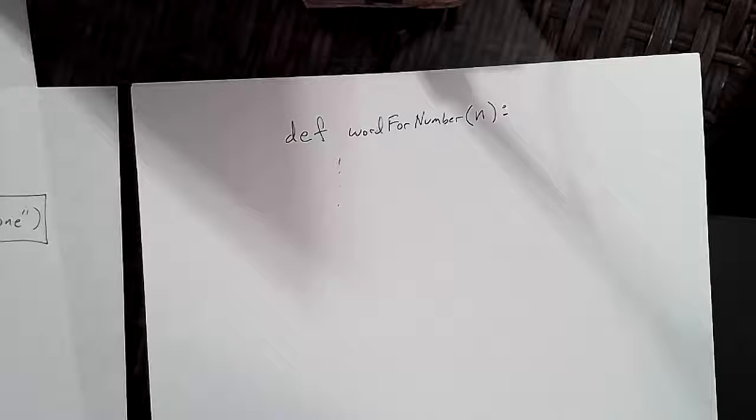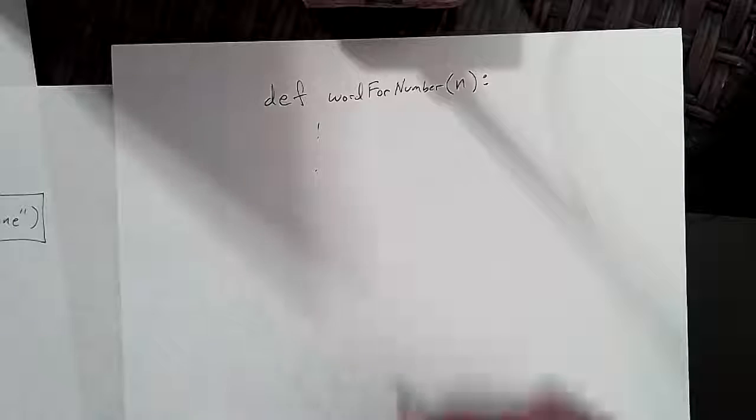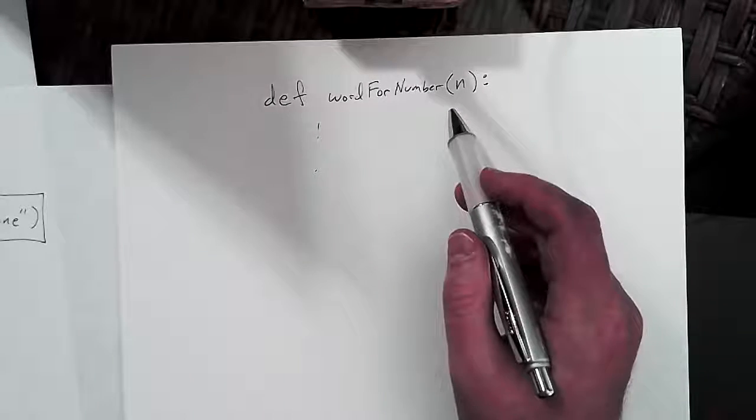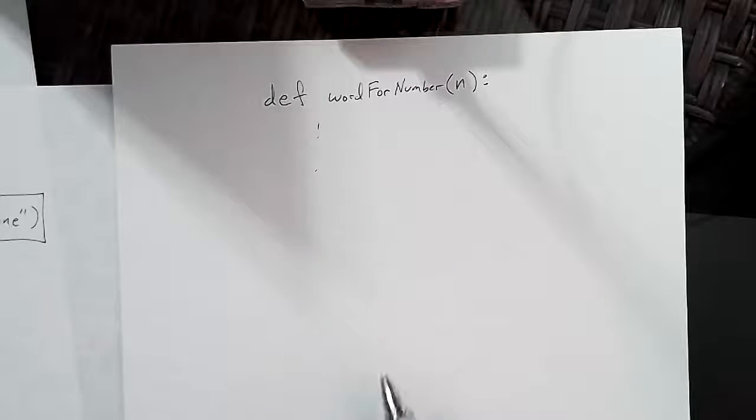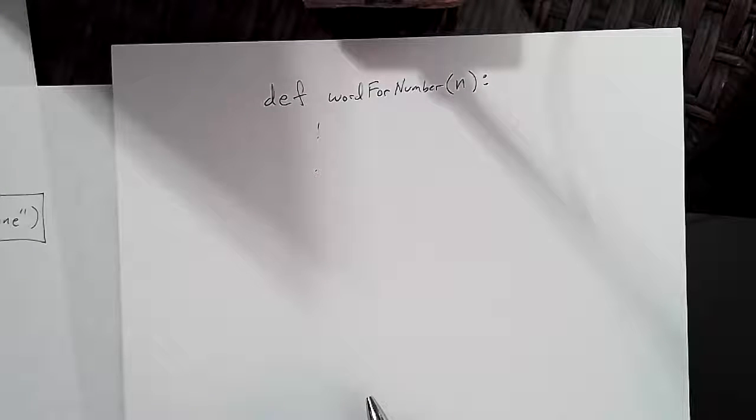Same file, up at the very top. Yeah, we'll keep everything we have, because we're going to use this function in the code. So def, word for number, using the camel case style. So make the F in uppercase. Word, there should be a D, yeah.